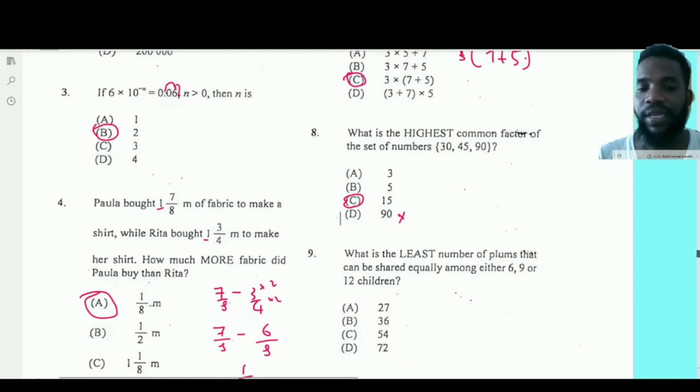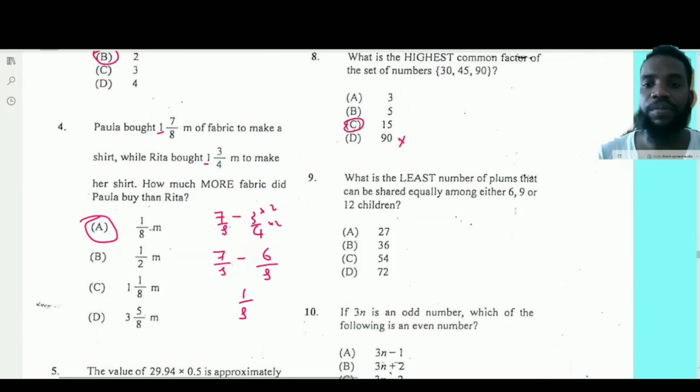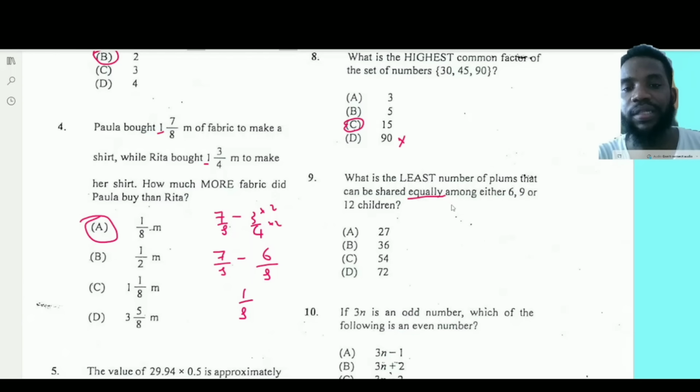Question number 9, taking this down. What is the least number of plums that can be shared equally among either 6, 9, or 12 children? The least number of plums that we can share among either 6, 9, or 12. Alright, good. Now, of course, the critical term here is the amount that can be shared equally. Alright, now, of course, if I'm going to talk about what can be shared equally, I'm going to have to